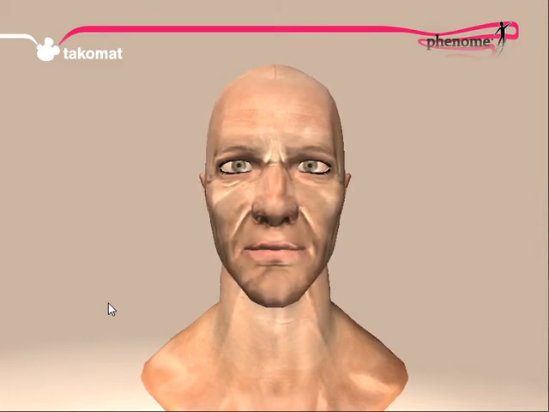So this is what we can do for pre-visualization, and